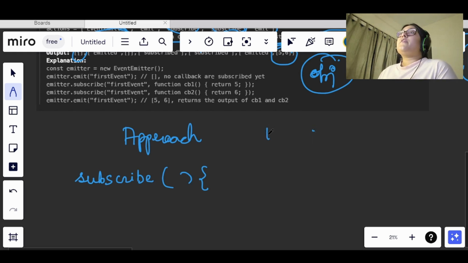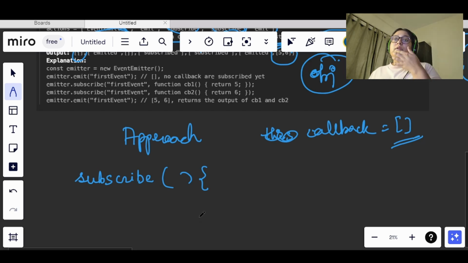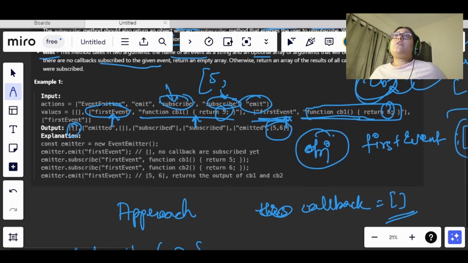So let's say we have a callback function, and we are initializing it with an empty array. Once we have called the subscribe, it was getting one event and the other one was a callback function.